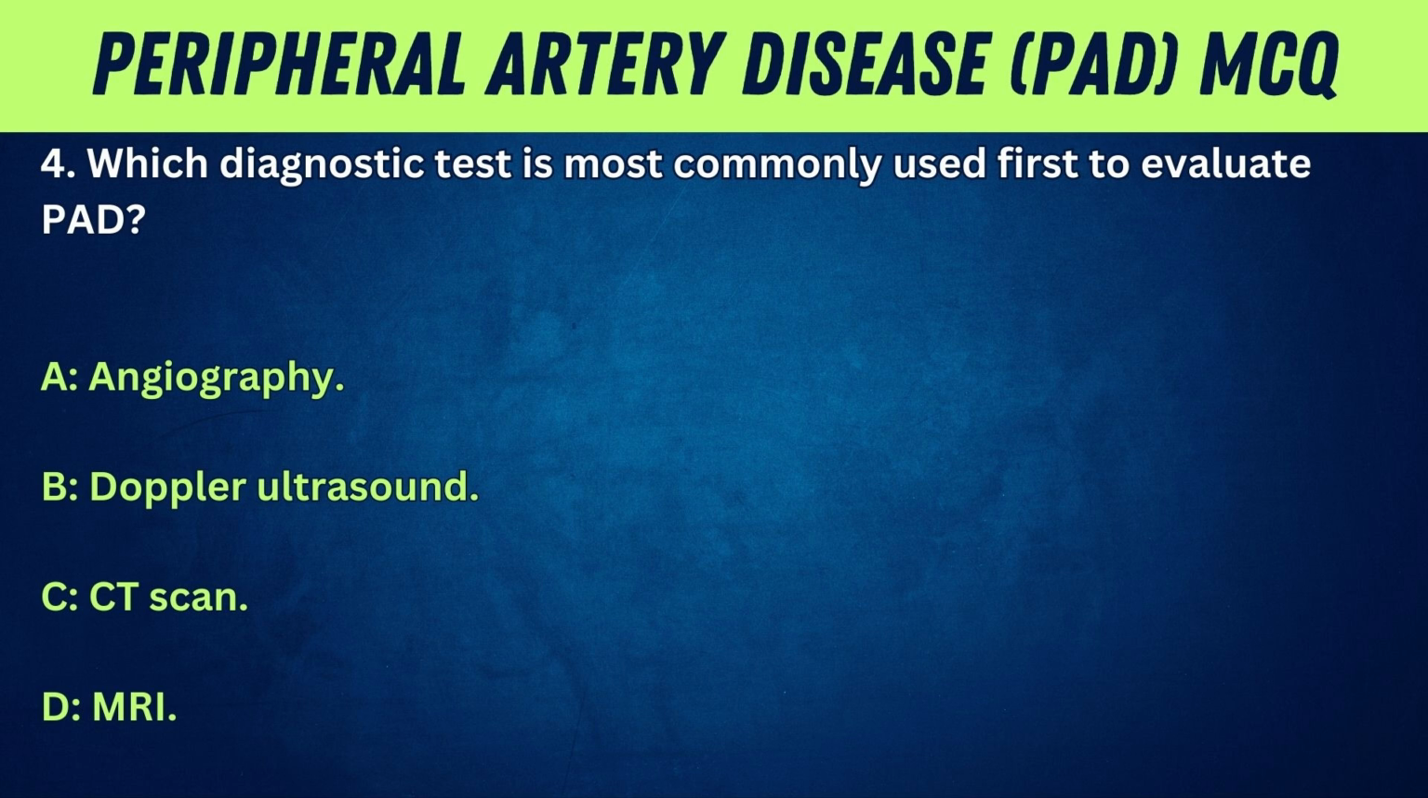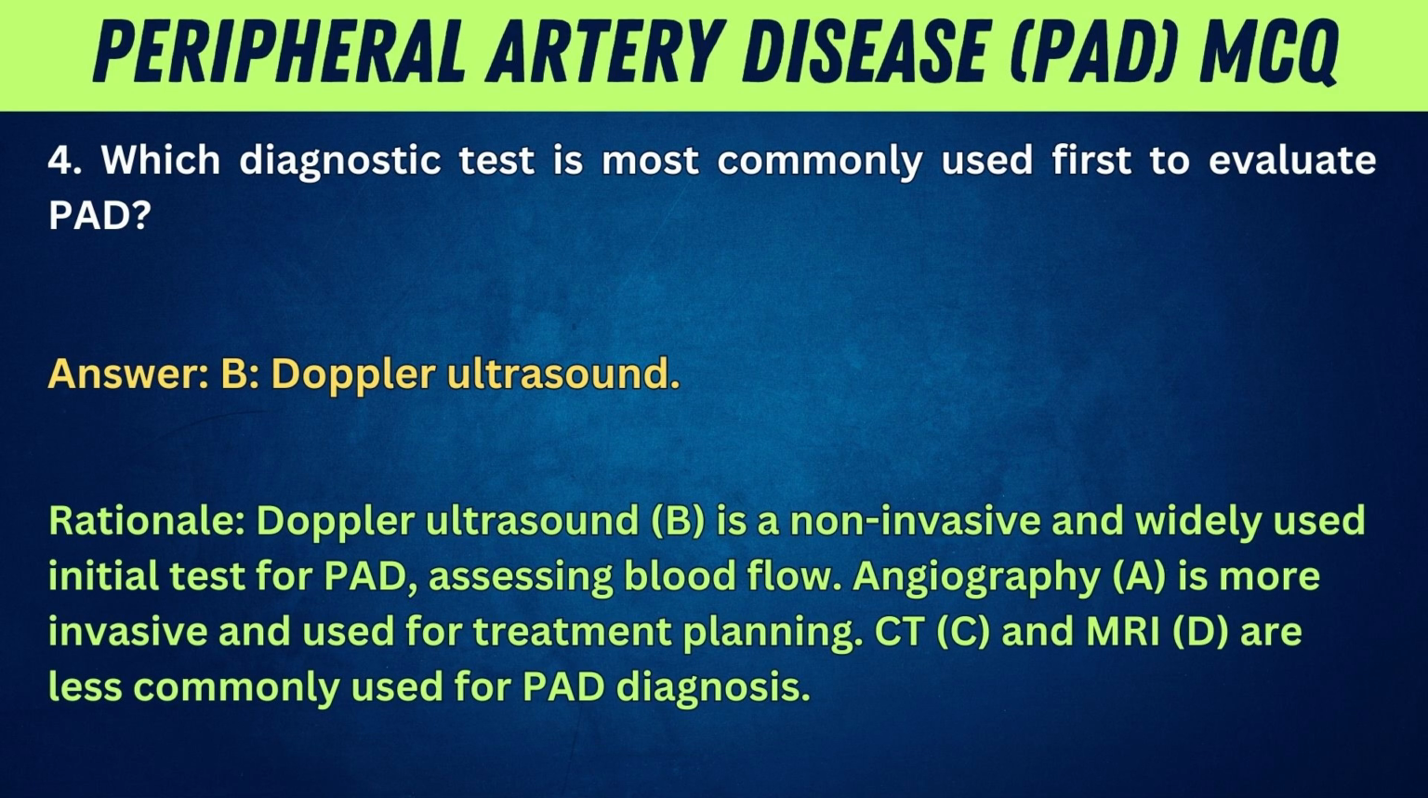4. Which diagnostic test is most commonly used first to evaluate PAD? A. Angiography. B. Doppler ultrasound. C. CT scan. D. MRI. Answer: B. Doppler ultrasound. Rationale: Doppler ultrasound, B, is a non-invasive and widely used initial test for PAD, assessing blood